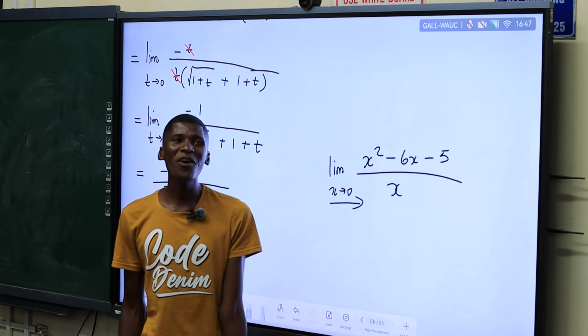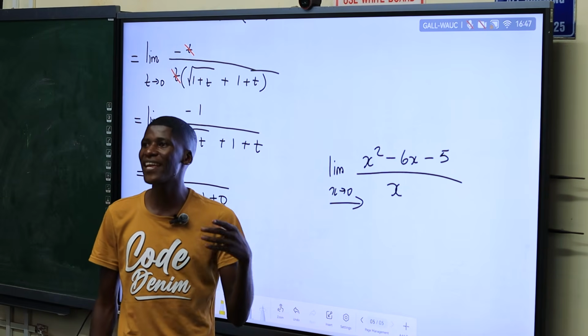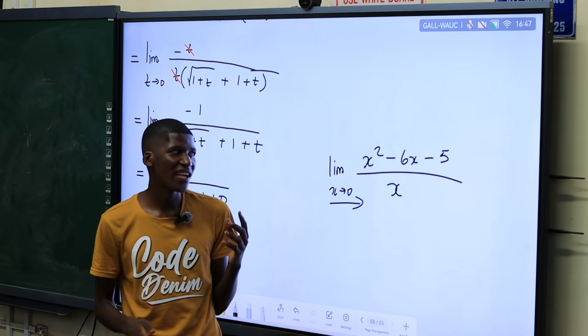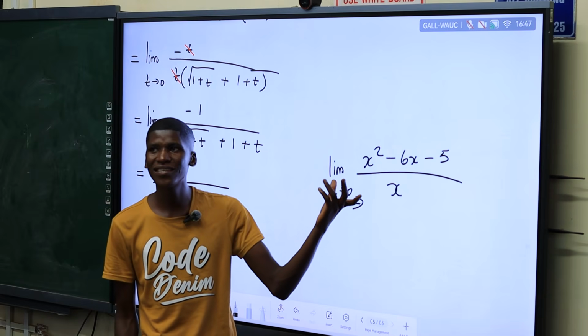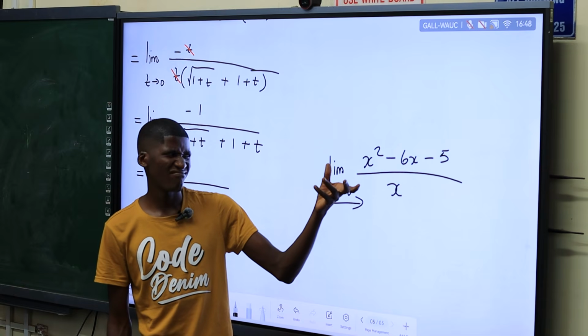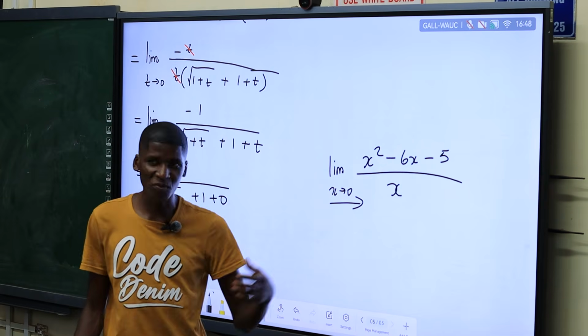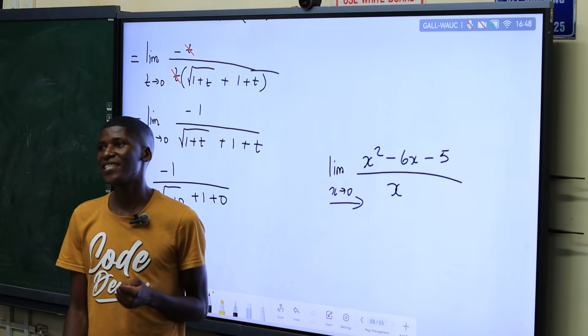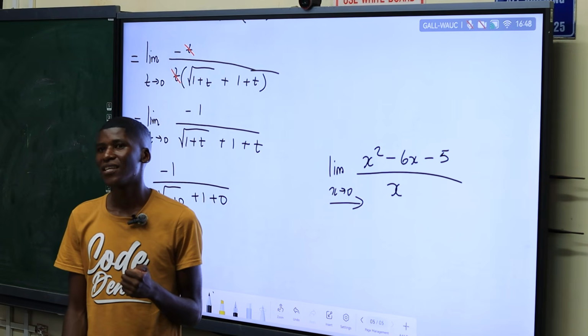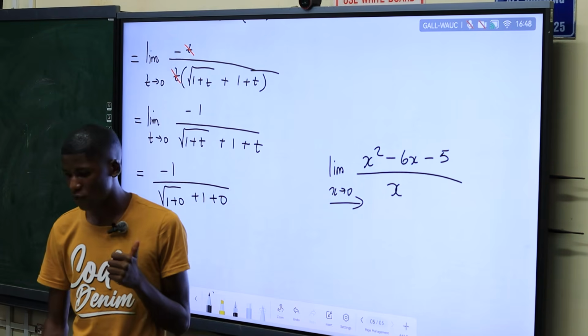No. Failing to simplify is different from the expression not being simplifiable. But maybe it cannot be simplified in all possible ways. This expression is simplifiable. Yes, this one is simplifiable, better than this one. But still you won't be able to find the limit here. Yes, the limit does not exist for this one. If you plot it, it won't exist. So such problems are there as well.